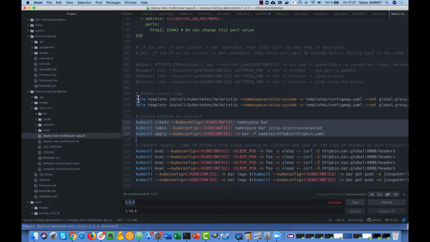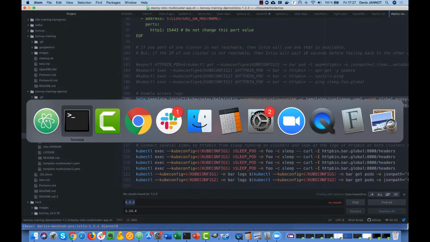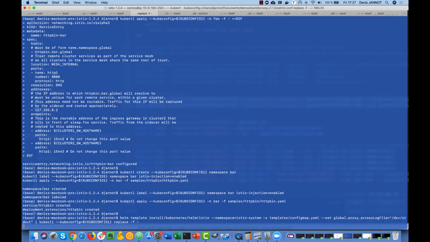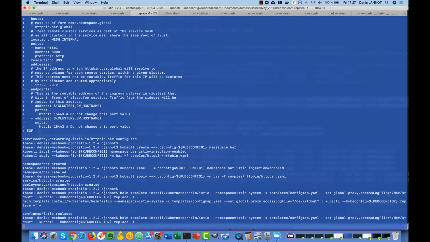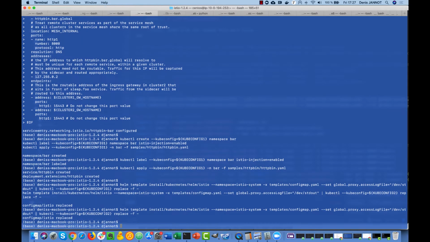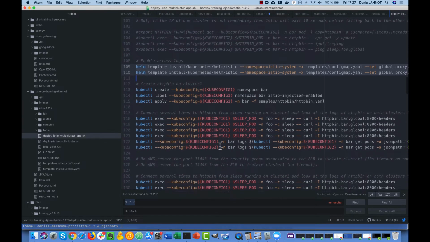And to be able to see where the requests are going, we will enable the access logs so that we see where the requests have been sent, just to validate that the requests are sent in both clusters.